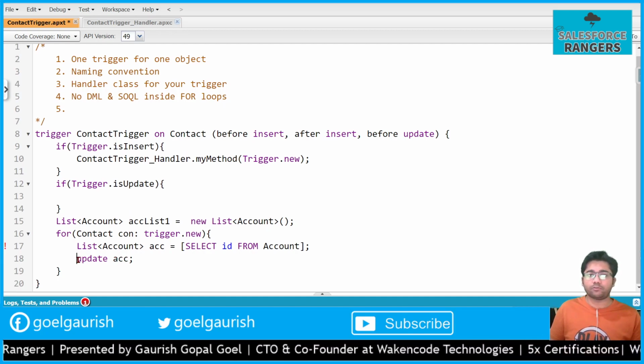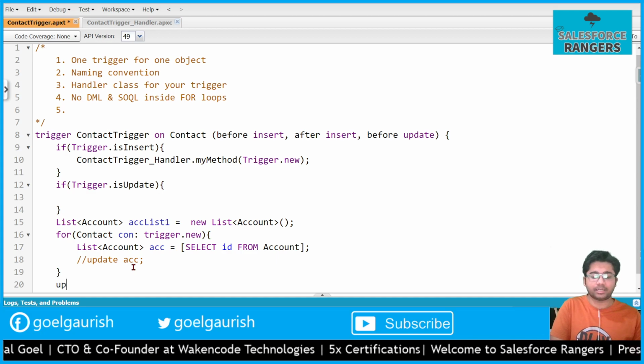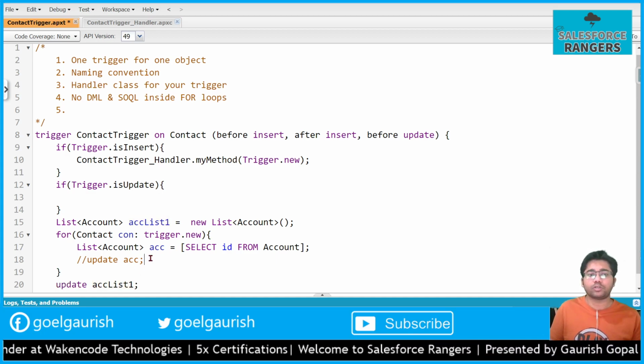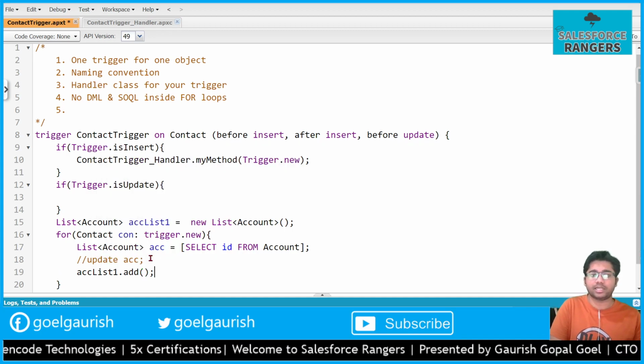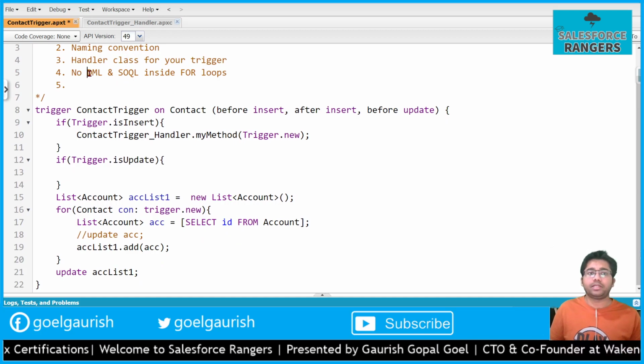I'm just showing you what not to do. So instead of updating the account inside the for loop, we should update this whole list, and we should add our account instances to this list inside the for loop like this. That way we can avoid DML and SOQL inside the for loops.